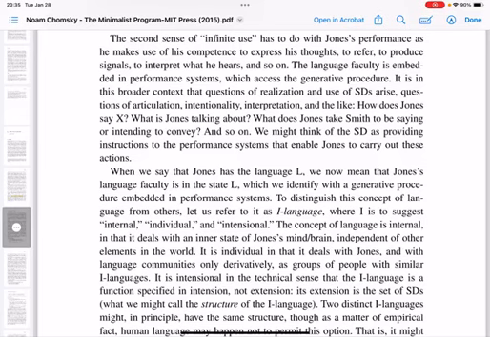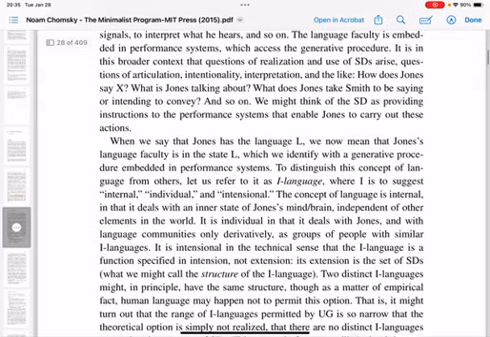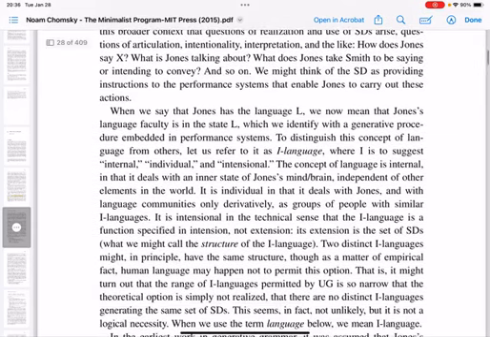How does Jones say X? What is Jones talking about? What does Jones take Smith to be saying or intending to convey, and so on? We might think of the SD as providing instructions to the performance systems that enable Jones to carry out these